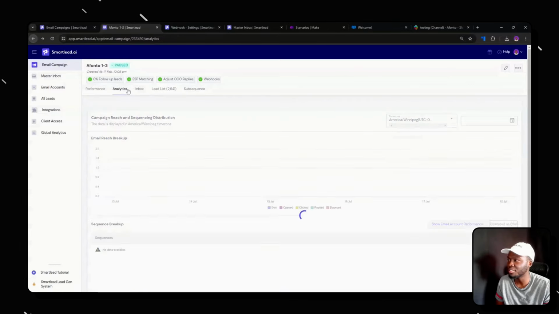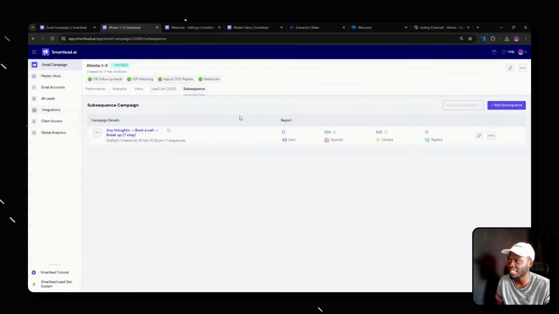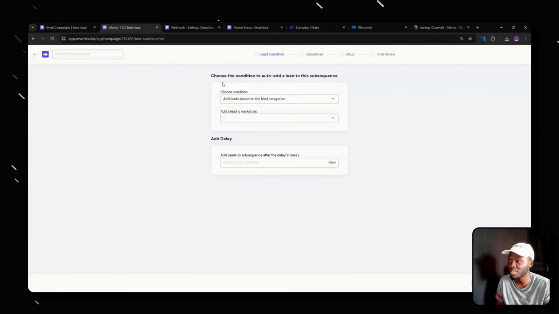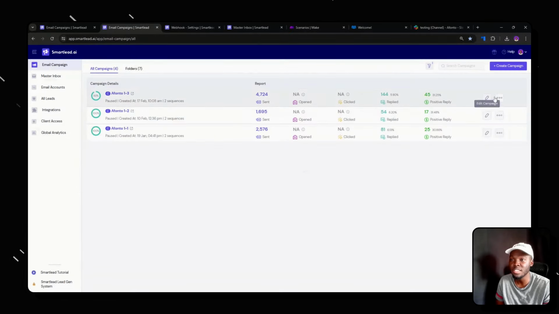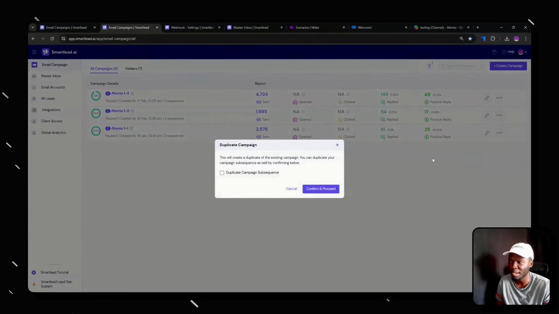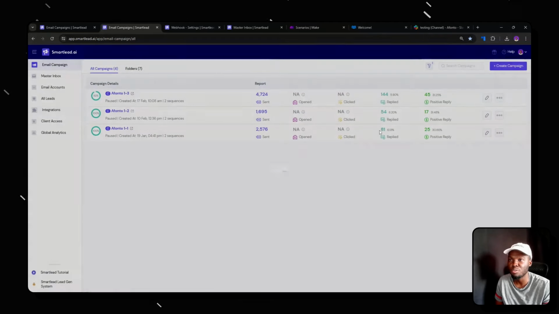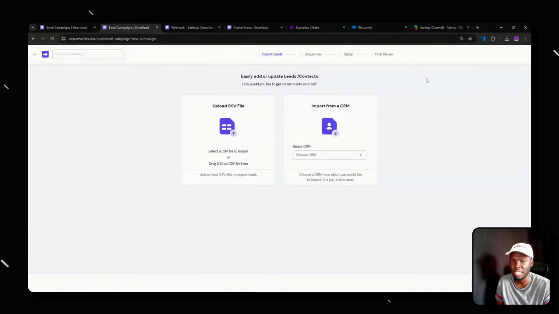And there's a few ways to actually add subsequences. The first way is to obviously go in any individual campaign and then add a subsequence. There's going to be options that you can set up for that particular subsequence. The next option to create a subsequence is by duplicating a campaign. And so you can duplicate a campaign, and in duplicating the campaign, you can also duplicate the campaign subsequence. But sometimes you have a brand new campaign that you've created from scratch, like this, and you just forget to